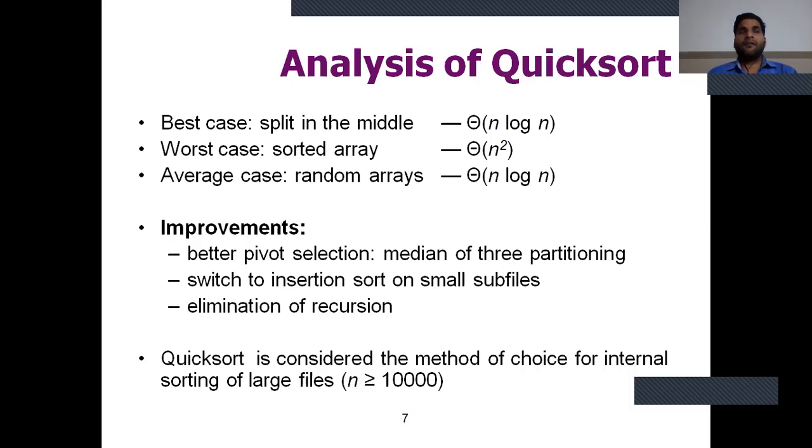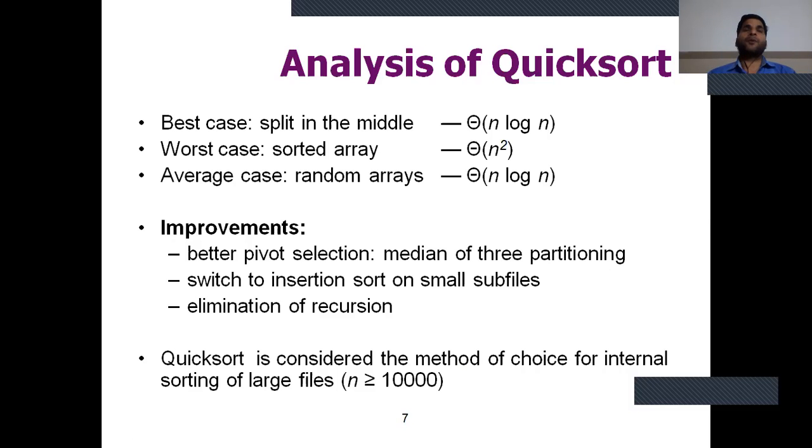If the array has one element in one subproblem and n minus one elements in the second subproblem, similarly the next partition has one element subtracted from the n minus 1, and the second subarray equals n minus 2. Then this quick sort analysis is the worst case analysis, and the time complexity of the worst case is theta of n squared.